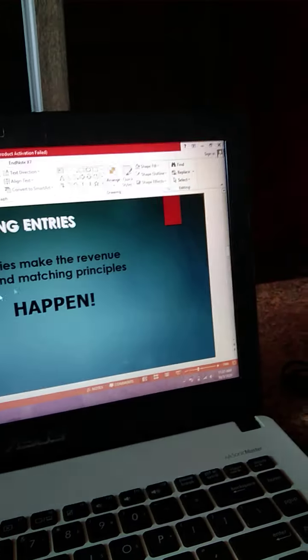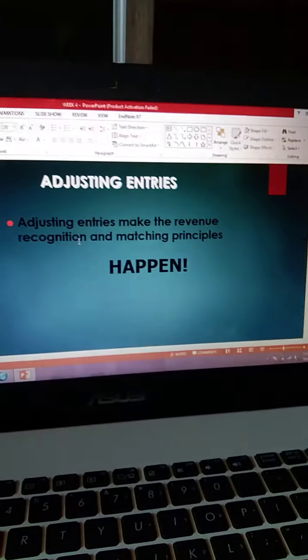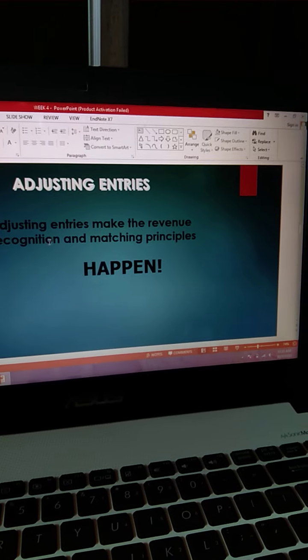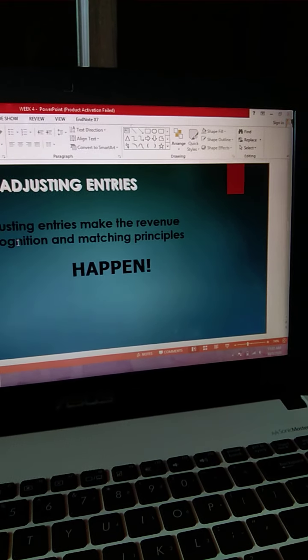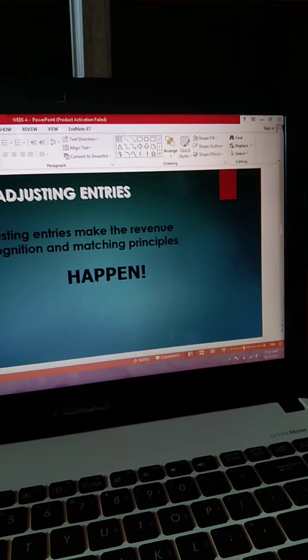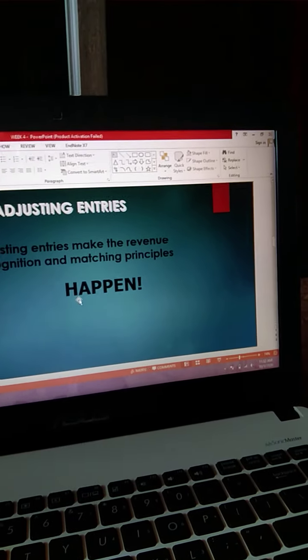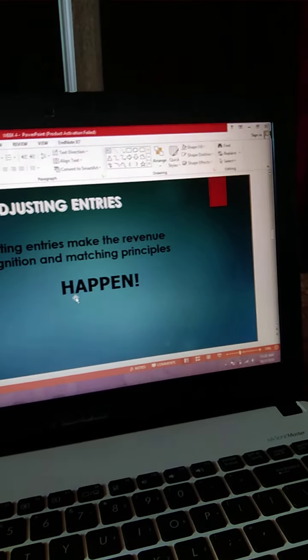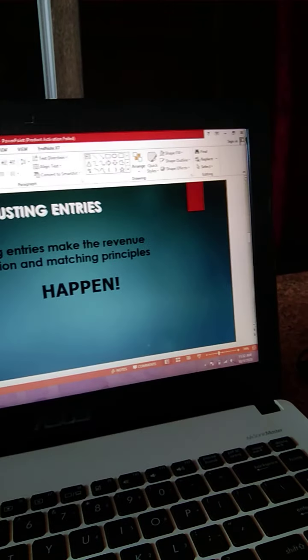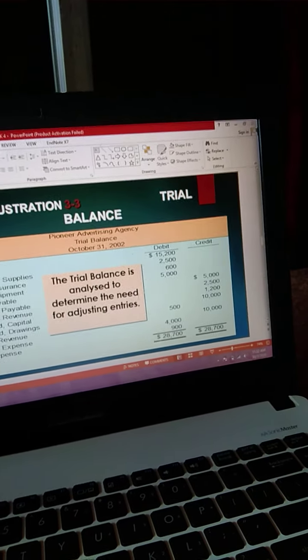Okay, so here for the adjusting entries, adjusting entries make the revenue recognition and matching principle happen. It means you need to record the transaction that you didn't record yet. Okay, so now basically it is about like